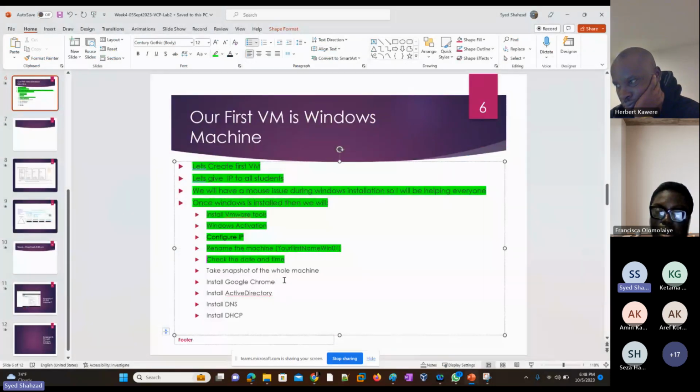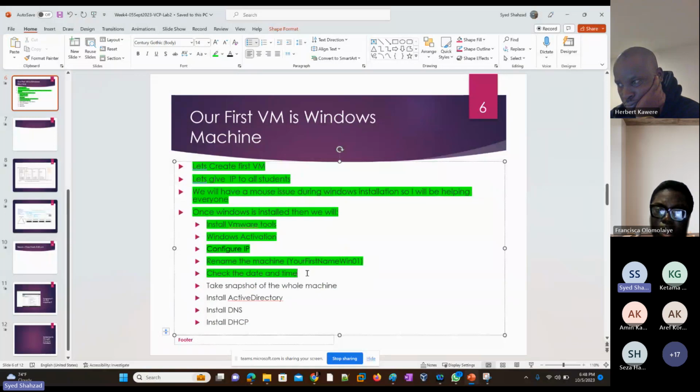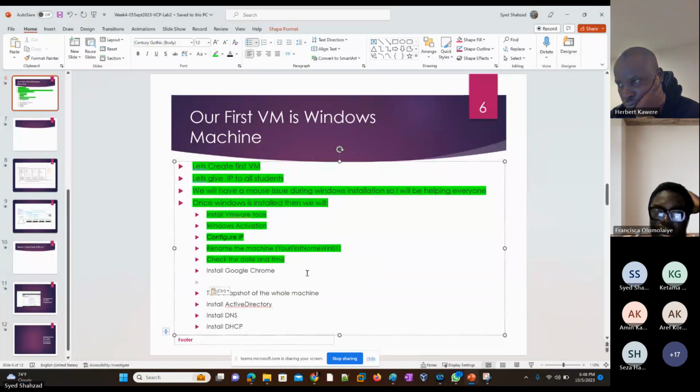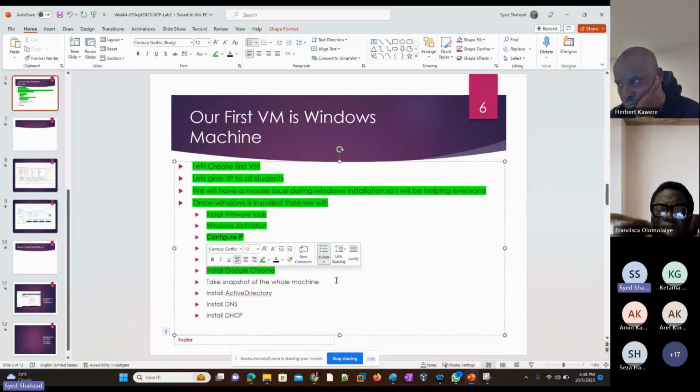Okay, done. Take a snapshot of the whole machine. Actually, there's Google Chrome as well, which we already installed. So I'm just going to put that here, Google Chrome. And I think it's installed for everyone, so we can safely say it's done. Now we can take a snapshot of this machine, which is very important. Why? Because